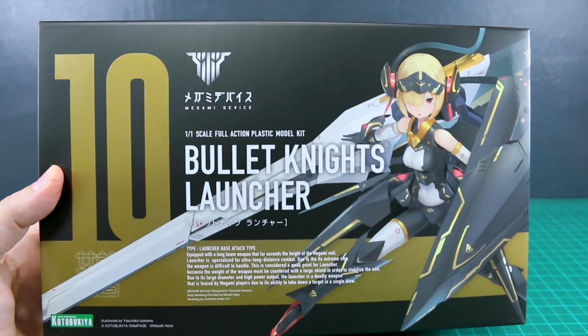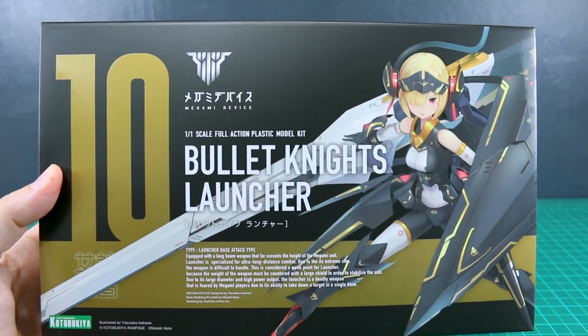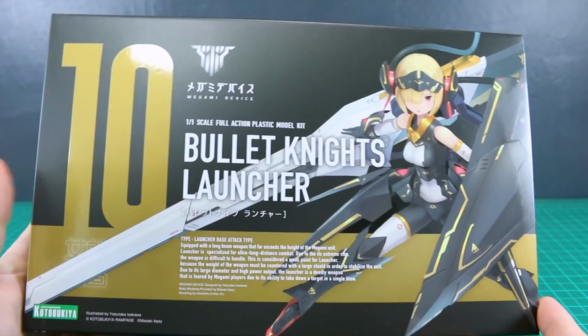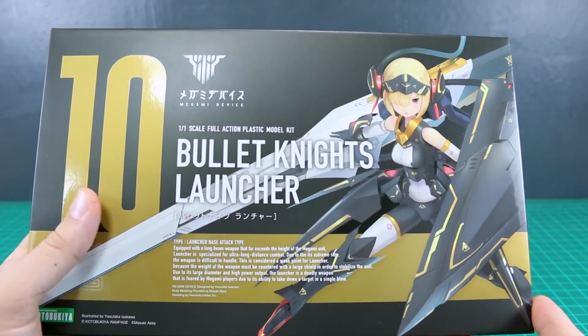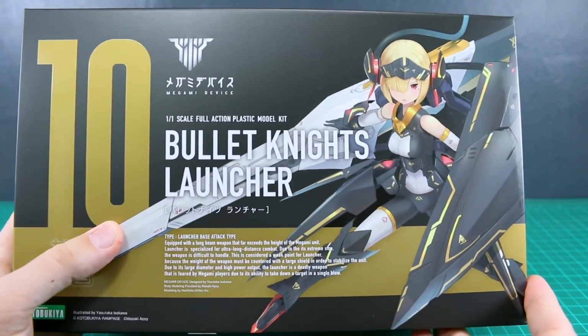Today we're taking a look at Kotobukiya's Megami Device Bullet Knights launcher. So this is the first of two. There's the Bullet Knights launcher and then the Lancer. The launcher is the variant that has this very large launcher there, as you'd imagine, and the Lancer has a really huge lance. So that's kind of like the main thing of these, but these are just really cool Megami